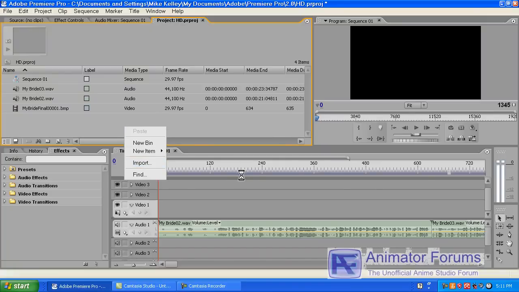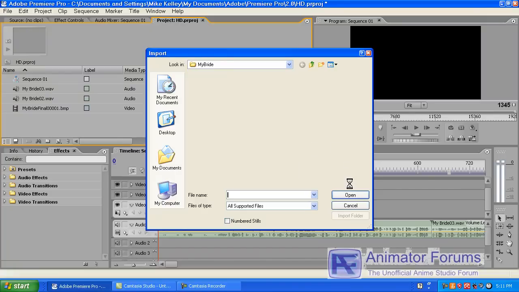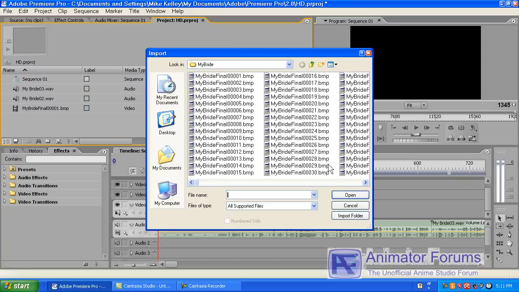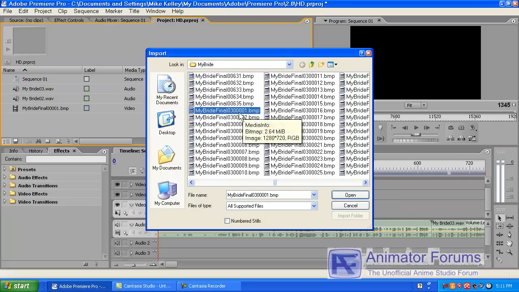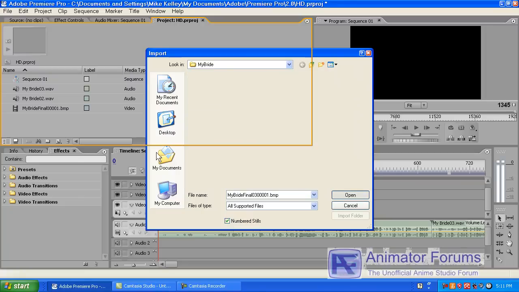And then I'm going to also import the second sequence, because there are 2 sequences here. It's a little sluggish on this machine. Once again, this is not my fastest machine by any means. Oops, and there's the second sequence. There it is, and it is also numbered still. So there's my 2